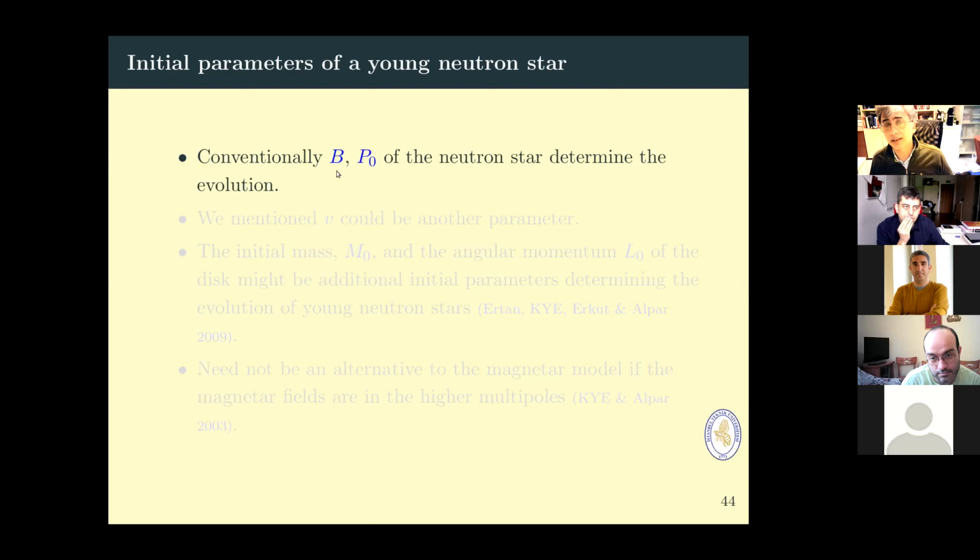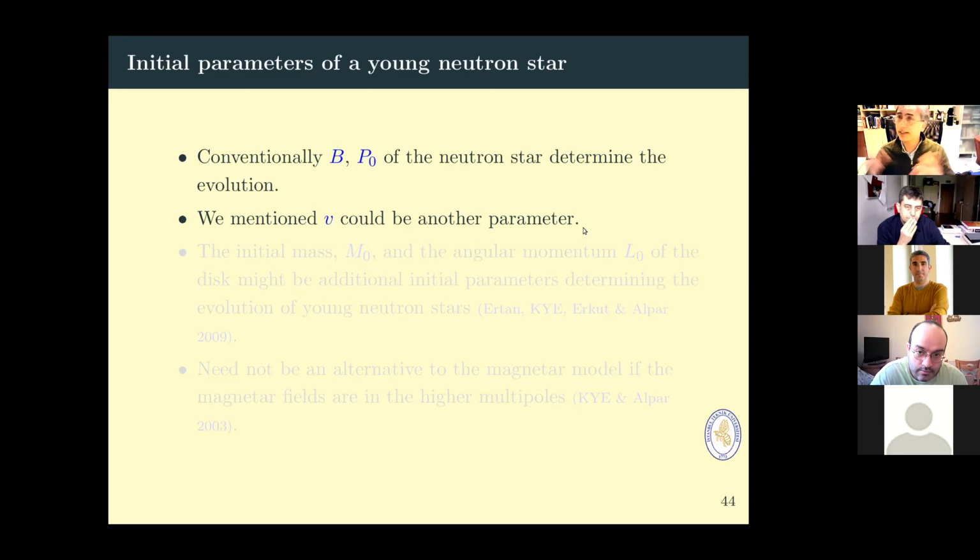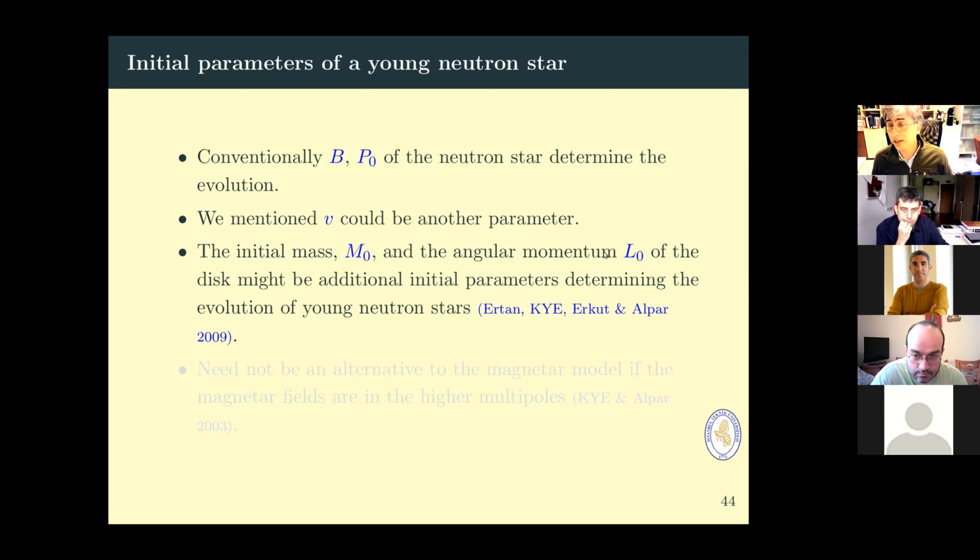Conventionally, we have seen that the magnetic field and the initial period would determine the evolution of the neutron star if you don't consider any other effect. We mentioned that the velocity of the pulsar could be another parameter changing the life of pulsars, as it determines the amount of fallback accretion in the beginning. And the initial mass and angular momentum of the disk might be additional initial parameters determining the evolution of young neutron stars. So fallback disks would add two